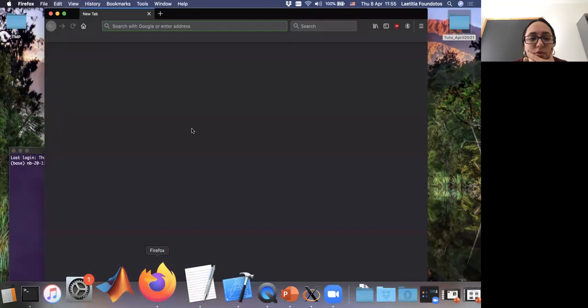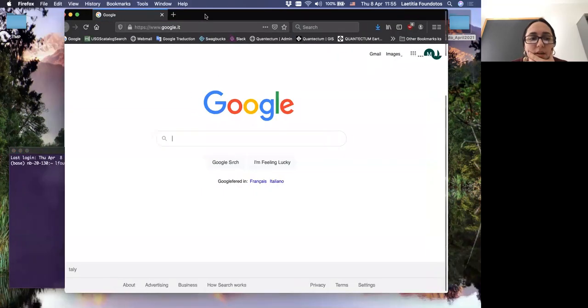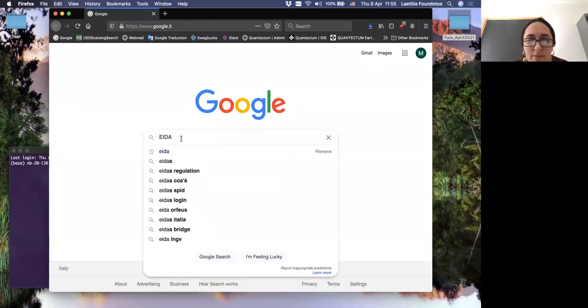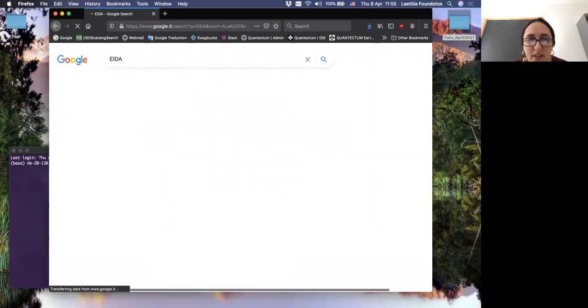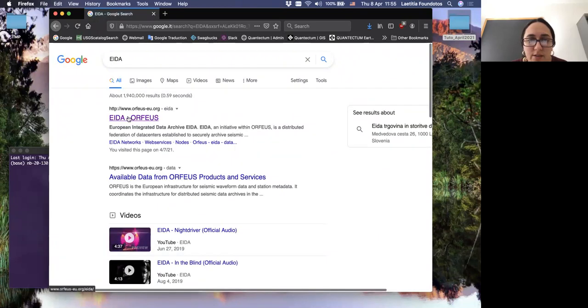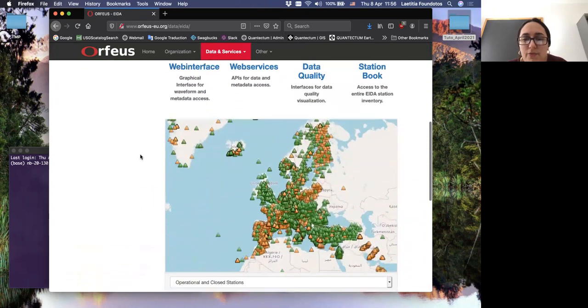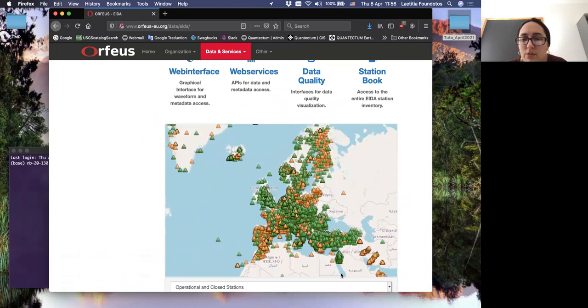One example that I can show you is how to download some data for specific earthquakes, and why we use SAC. Here, I can go to this website, AIDA. So AIDA is from the European Integrated Data Archive. This is a website where we can download data from specific earthquakes that occurred in Europe.